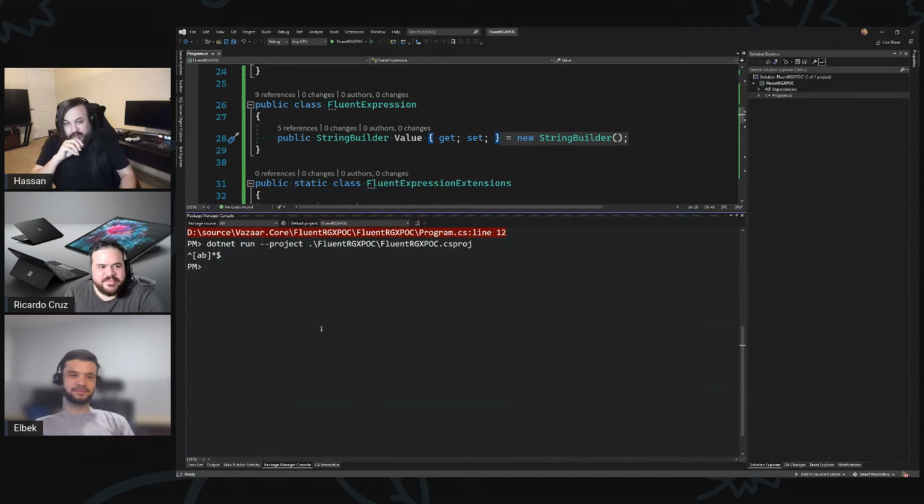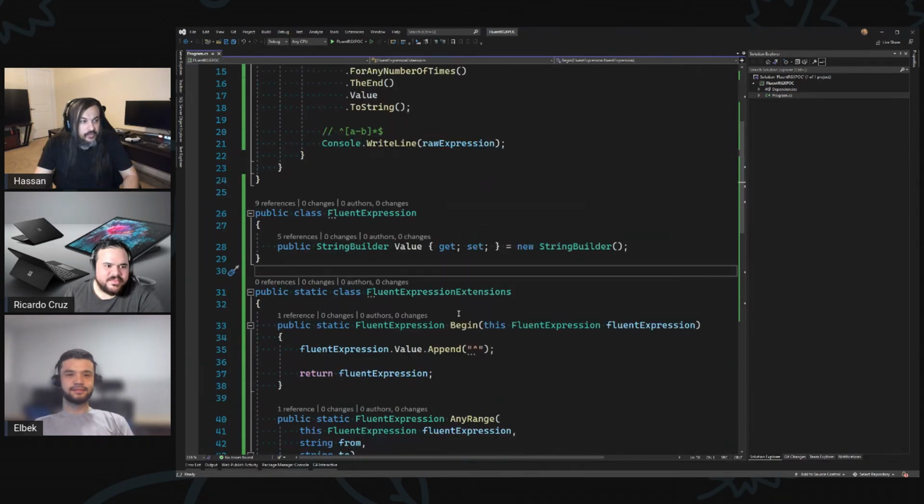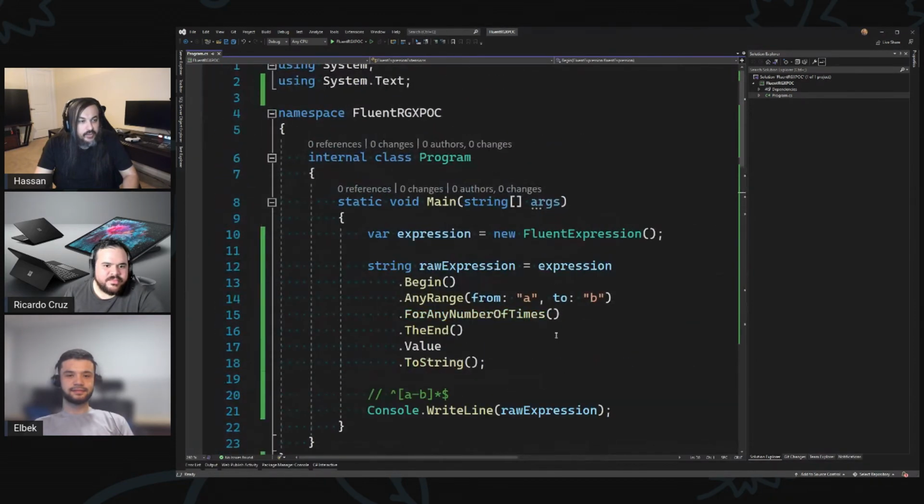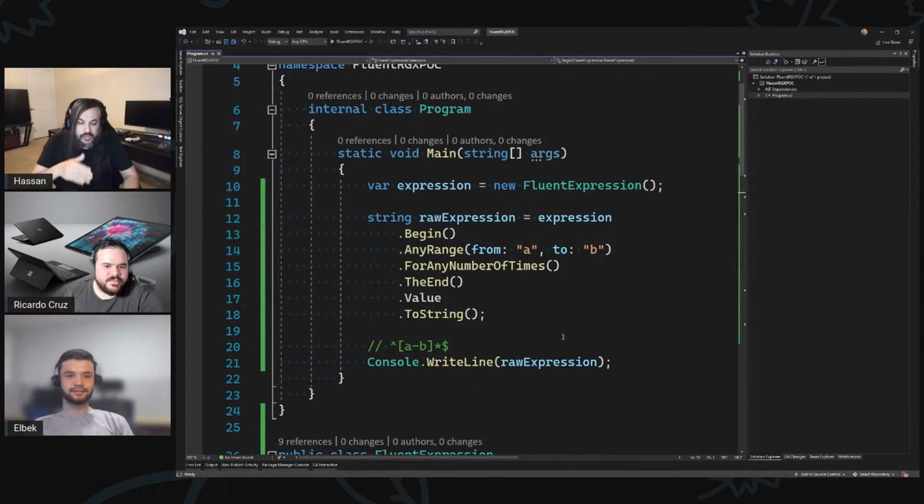We made the code a little bit more complex. We added a lot more code, but there you are. So it looks like it's technically possible. It's not that impossible, but we're gonna have to be really strict with the terminology. Like, are we building this for ourselves? The only way we can figure out if this actually works or not is if we bring an engineer who does not know about fluent regular expressions and tell them, hey, try to play around with this library and build me a